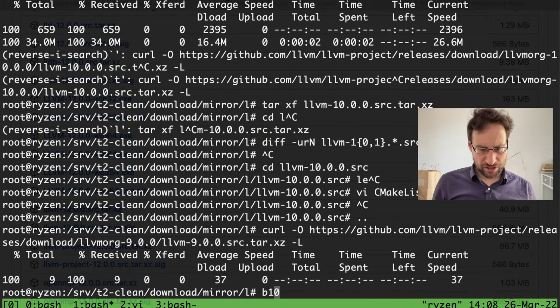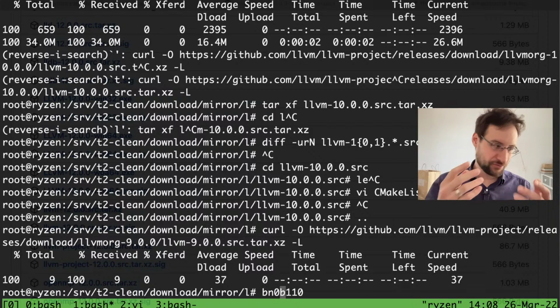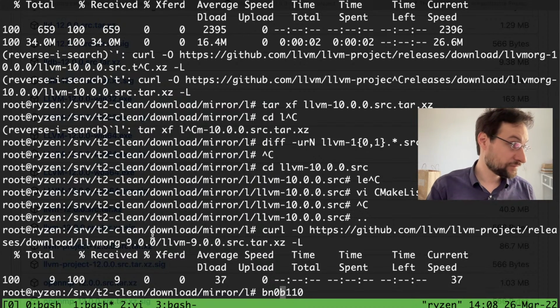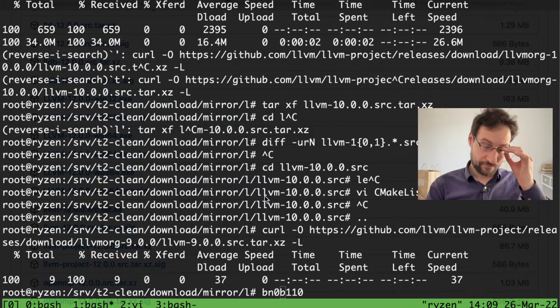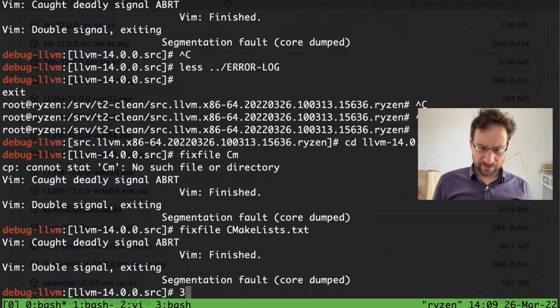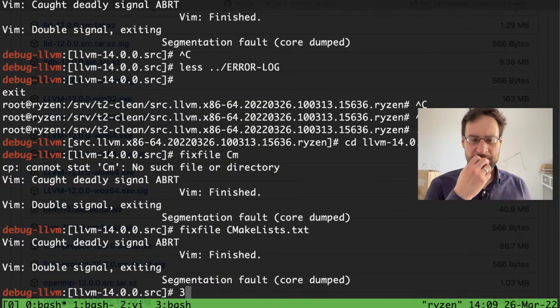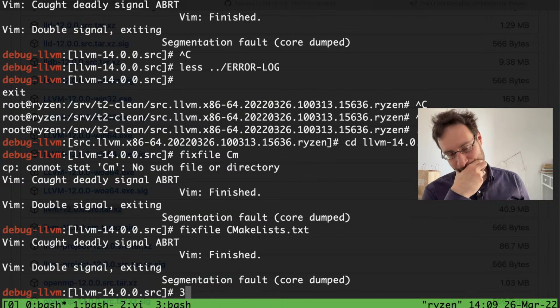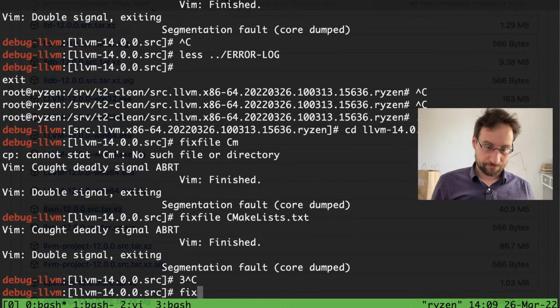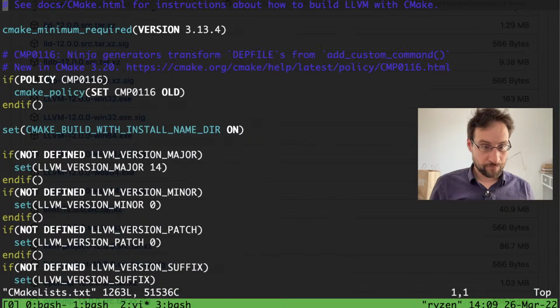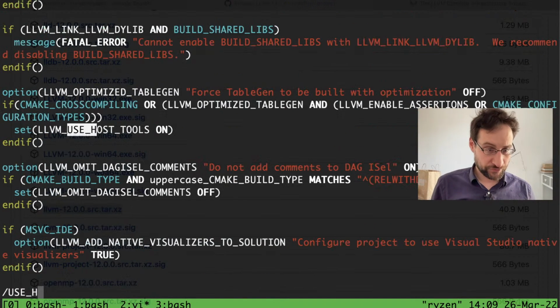Maybe we could check. How should we check? I mean, maybe we patch. Also, yeah, you do some due diligence and checking, and no progress in 10 minutes because you check some surrounding stuff. So yeah, use host tools.